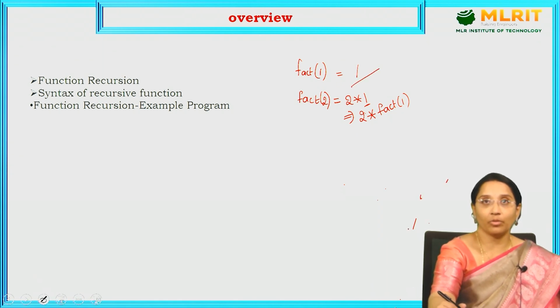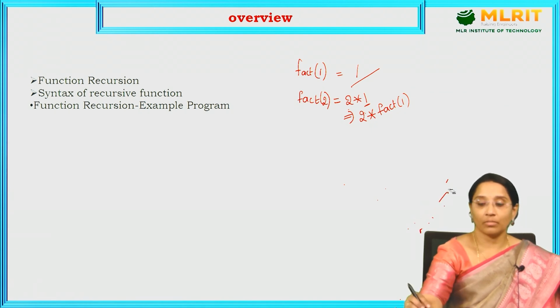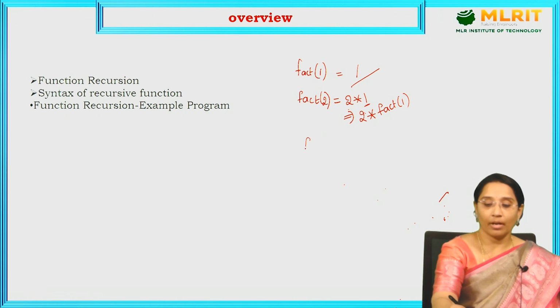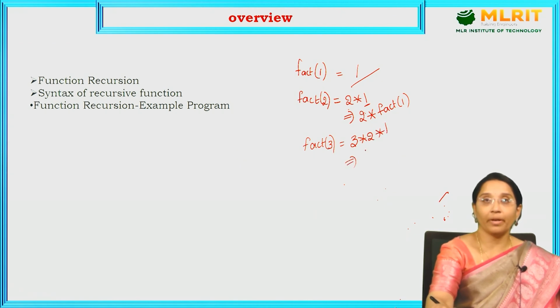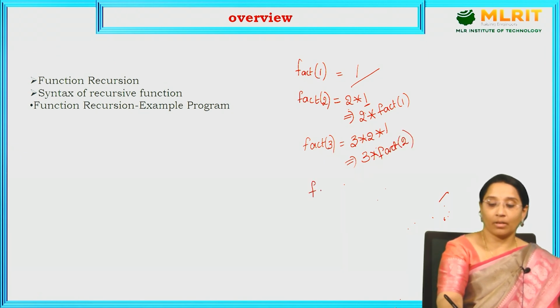And fact of 2 is 2 into 1. So you can write it like this, 2 into fact of 1. And what is fact of 3? 3 into 2 into 1. So if you generalize this, 3 into fact of 2 you can write. And fact of 4,